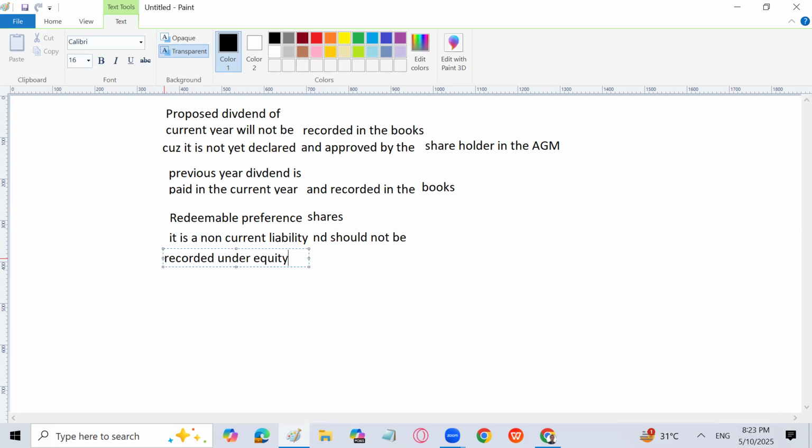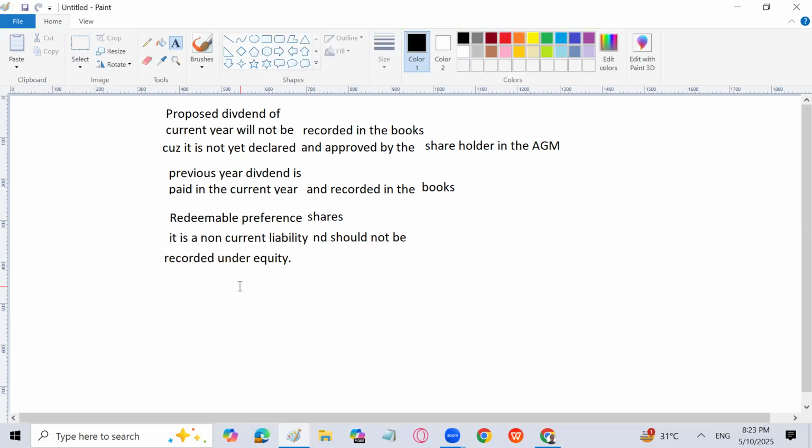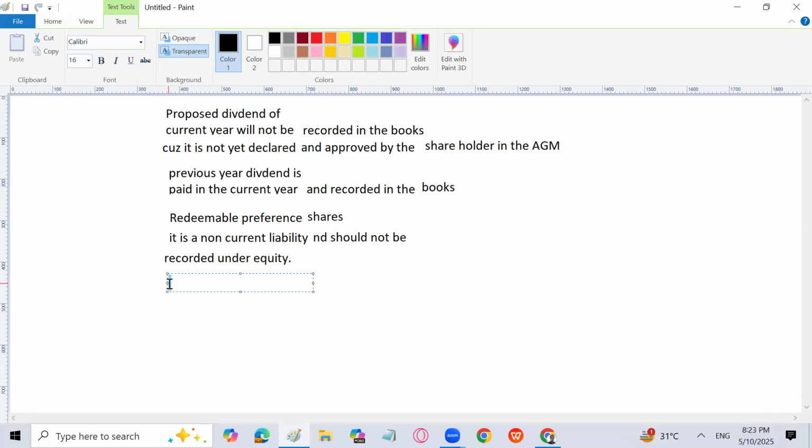Yes, it's something new for you. You have never heard it before. Because this is a new thing which has come in the syllabus and in the exam also. So redeemable preference share is a non-current liability. It will be written in the statement of financial position under the heading of non-current liability. So it will not come in the equity section at all. Its dividend you have to pay. That's fine. Then